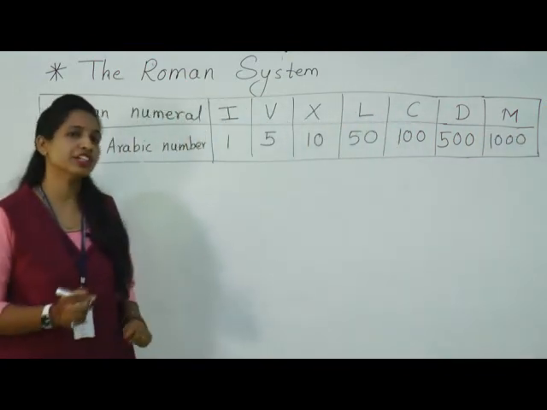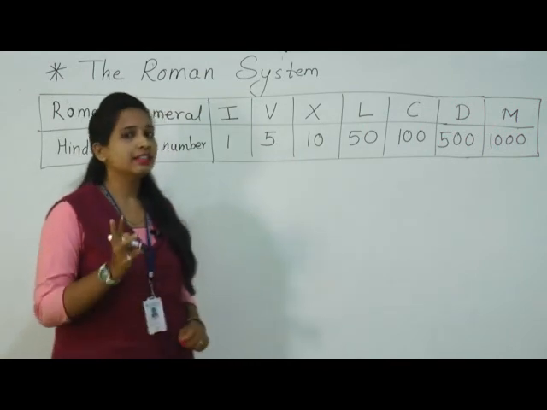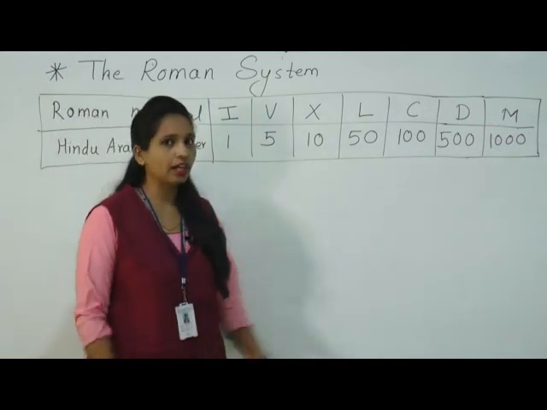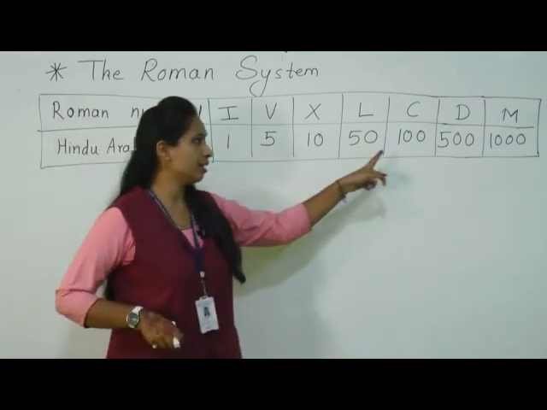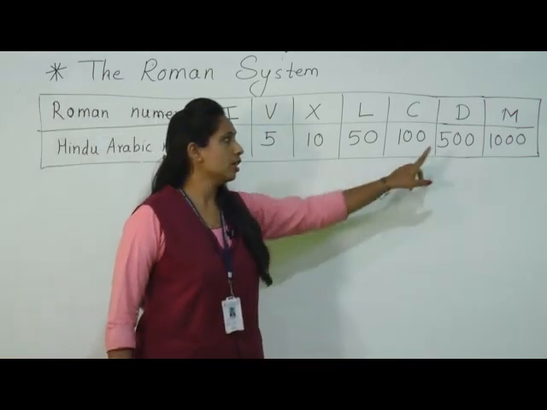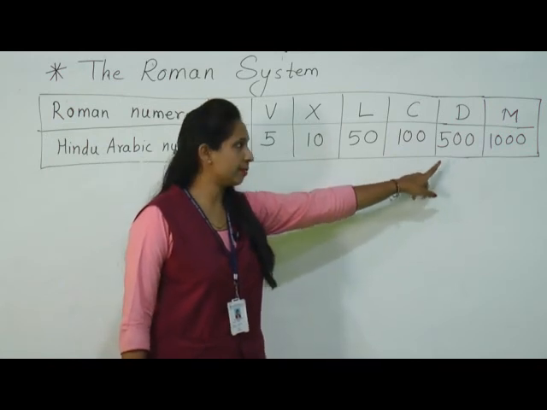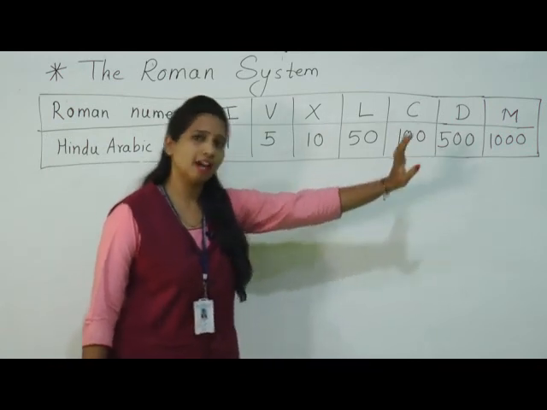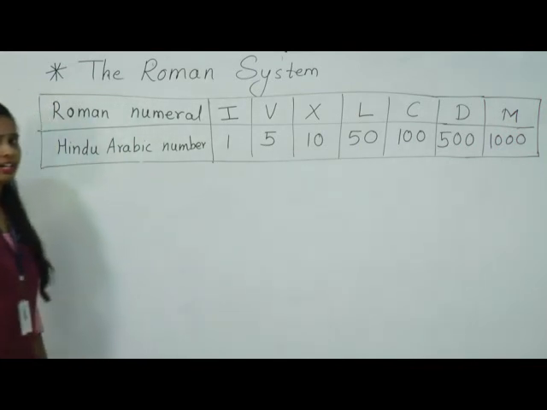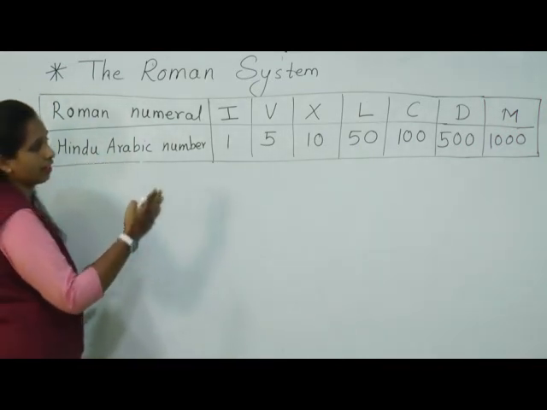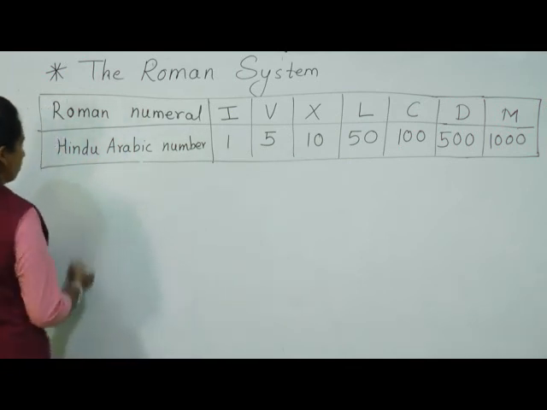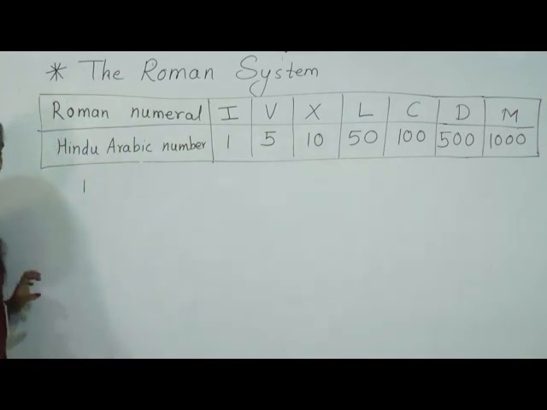Now students, already you have studied Roman numbers in 3rd standard till 50, okay? But in 4th standard you have to learn Roman numbers till 100, okay? So the introduction they had given about 500 and 1000, okay? Now let us see how we can write 1 to 100 numbers in Roman. Okay, now see, this is 1.